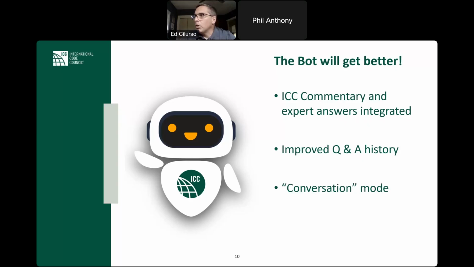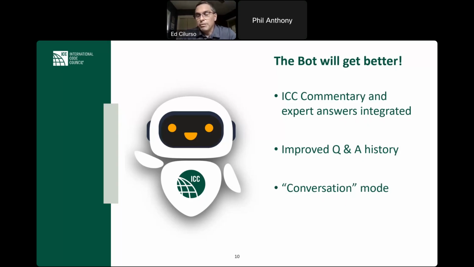And then we are gearing up at some point later this year to release a conversation mode. So today, in order to achieve the best accuracy and the best lookup, AI Navigator treats every question you're asking it as a new question. And it does that for the very specific reason that we've tested it pretty extensively and seen that longer conversations do produce more hallucination in AI bots. And that's actually fairly well documented out there as a sort of reality.